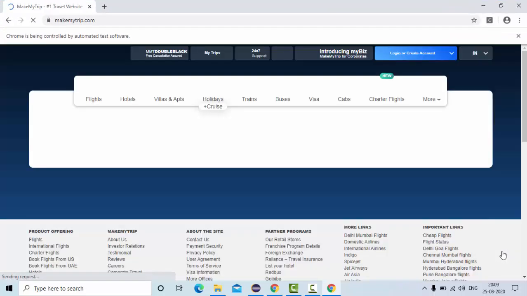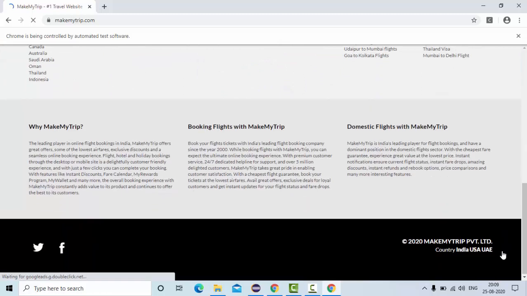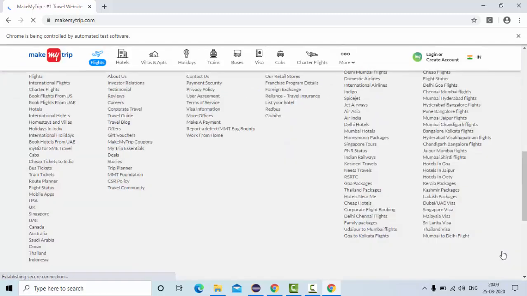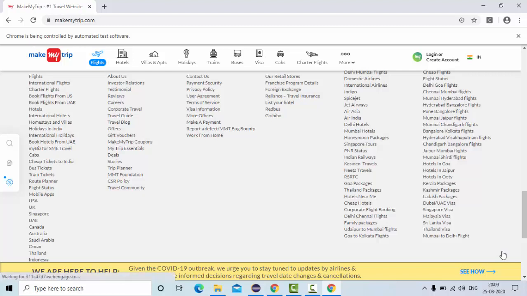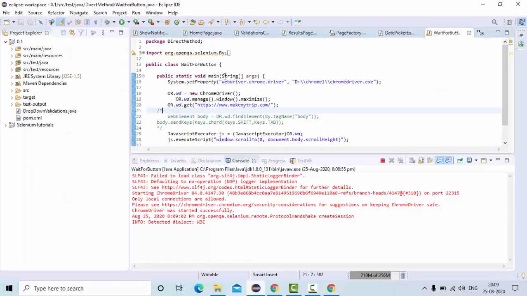So now you can see I have run one script and it is executing in the browser. Now you can see it went to the bottom of the web page, right? So in this tutorial I am going to show you how to go to the bottom of the web page in Selenium WebDriver. So there were actually two ways of doing this. One is using the traditional JavaScript approach, another one is using the sendKeys based. So let me get started here.